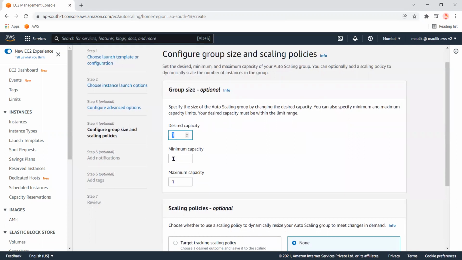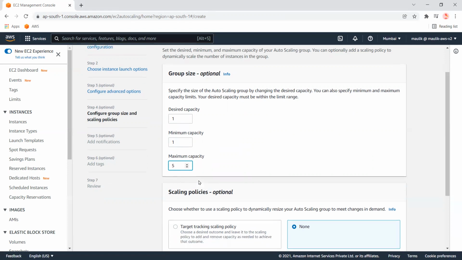As of now, I'm keeping it 1, minimum 1 and maximum 5. That means, in any case, the minimum capacity must be 1, so at least 1 instance must be running, and a maximum of 5 instances can be created, and beyond that it is not possible.